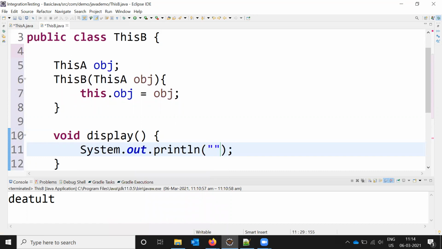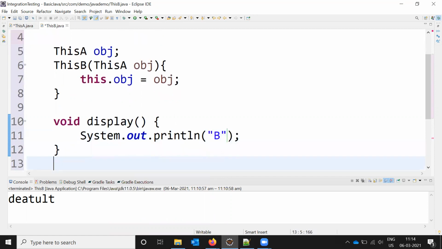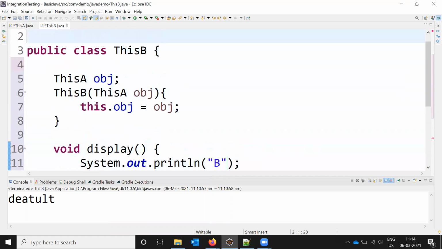Here I'm going to print B, and this is the one I completed, right? Okay.